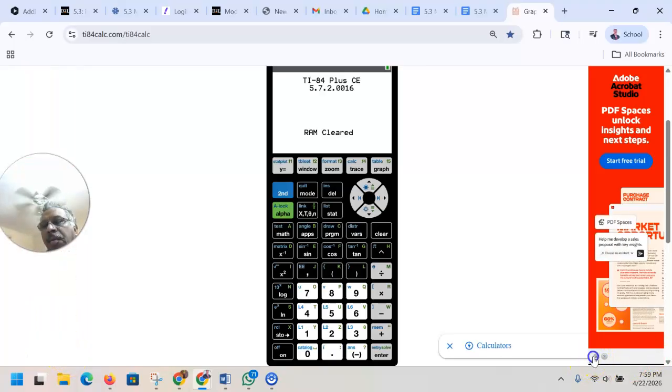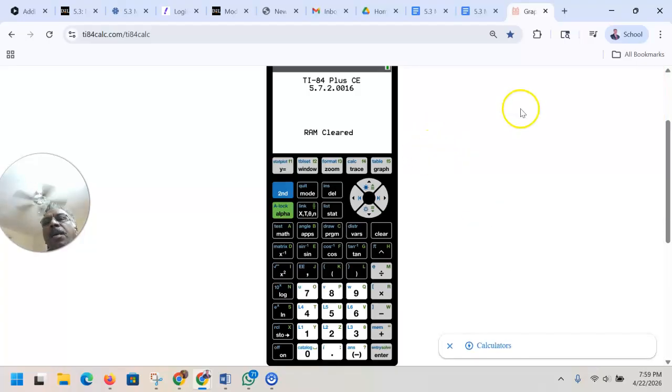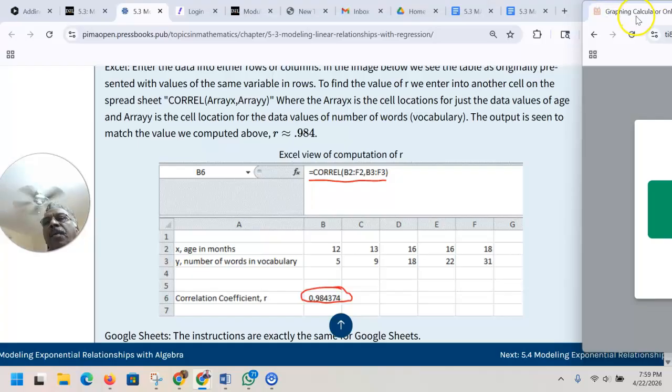We'll take this also off. Now what I'm going to do is take this out. So I have a separate